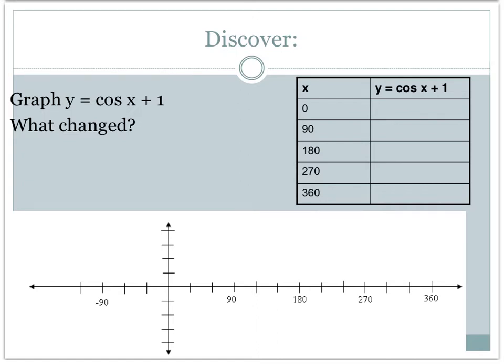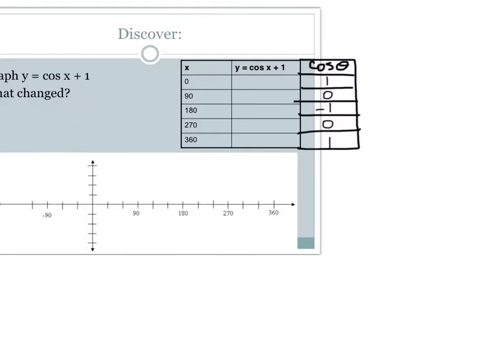Okay, now we're going to do the same thing. Let's see what happens if I put this plus 1 in here and find out what happens. So try and do it yourself and then look at the answer on the video. Okay, so by remembering my unit circle values, I know that these are all my values of cosine around